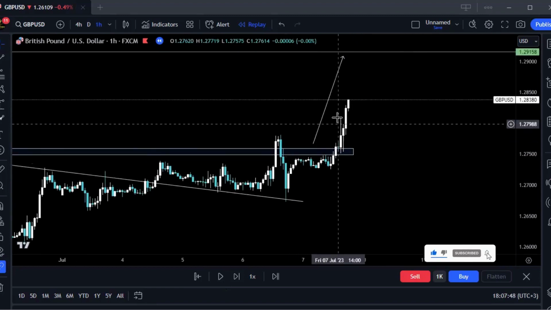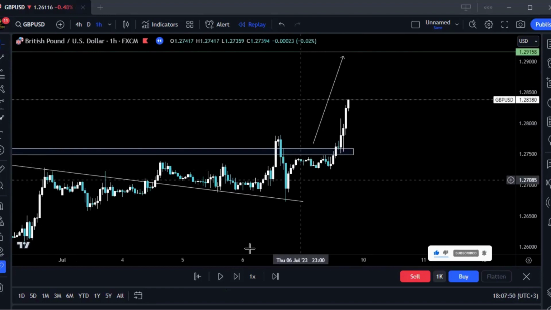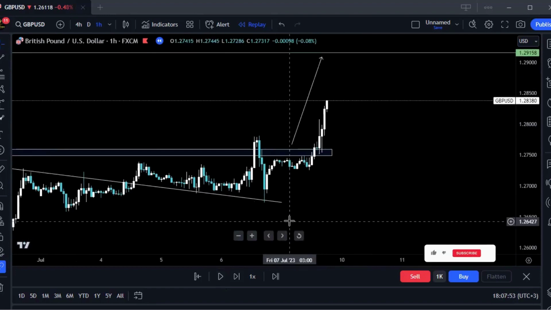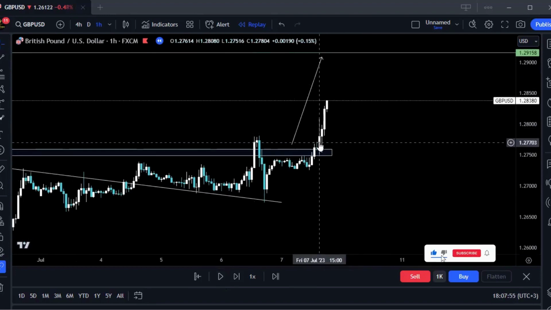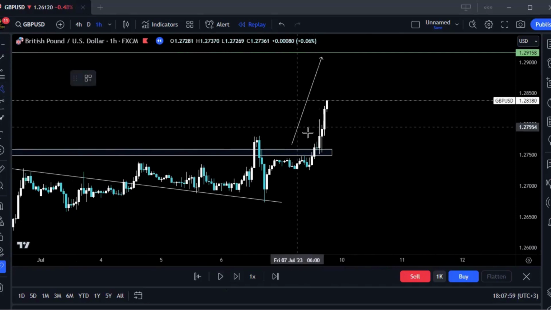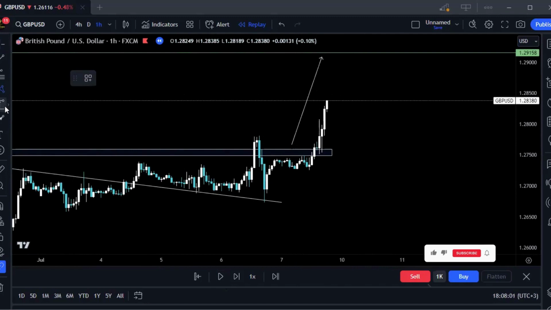So price here pumped, retraced, and then is taking off. But that's not the type of retracement that I look for. Because last time you have seen, I said that that's not a retracement I'd look for. I want to see